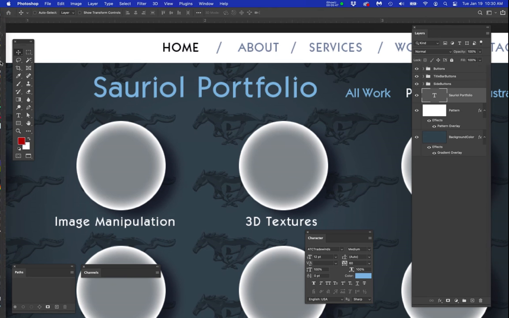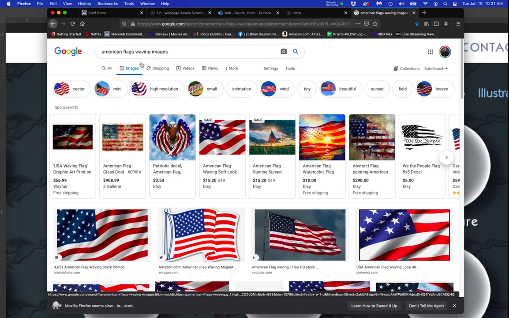Okay, for whatever reason, I'm patriotic this week, I guess, and I just want to click to Firefox, and I'll show you that I Googled American flag waving images. And at the end of this, I want you all to write down, where you won't lose it, a really cool website for getting vector. That's,